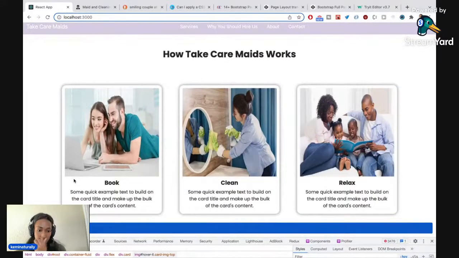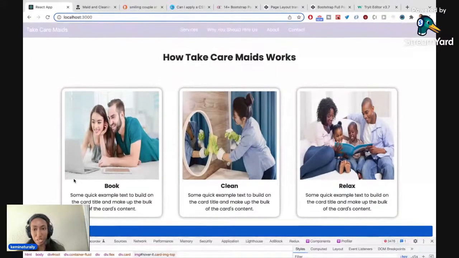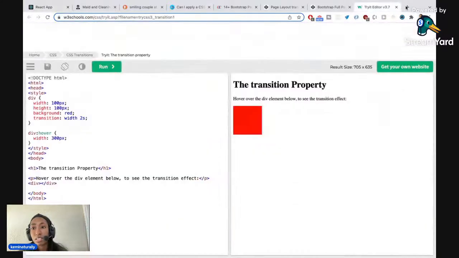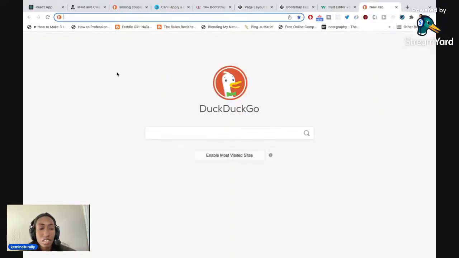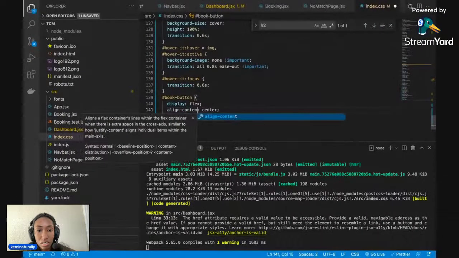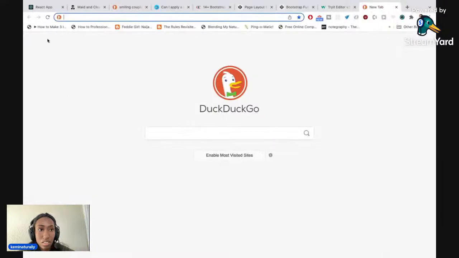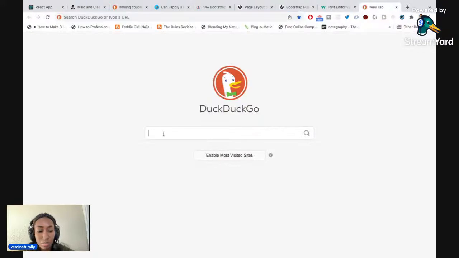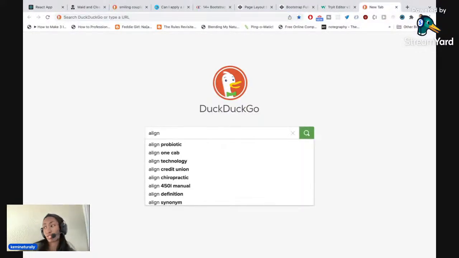Well, that is interesting. Made it much longer. I think it's align content. But that's the same thing. I think because it's bootstrapped, so it's gonna take up the entire thing. So